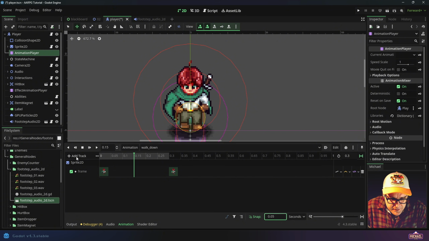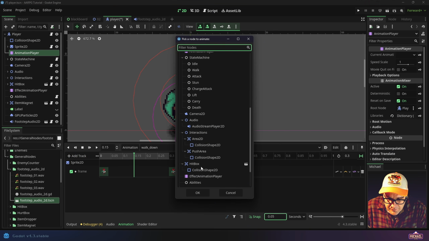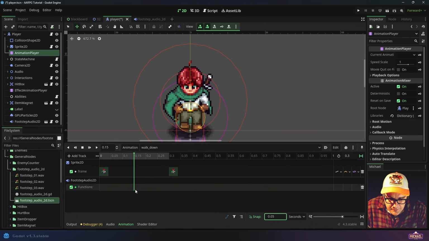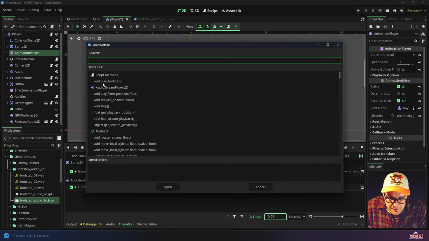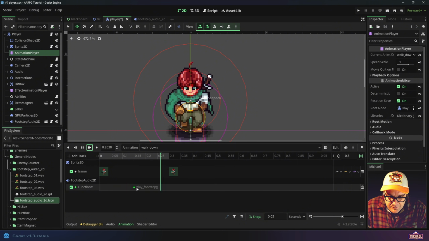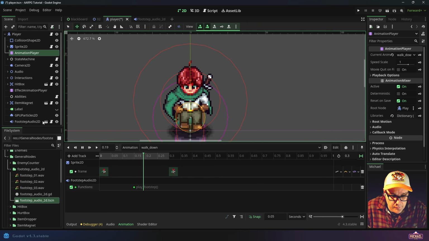So I'm just going to come in here right in the middle. I'm going to add a track, and I'm going to use this call method track and select my footstep audio 2D. And then I can come in here and insert a key. And you can see the script has the play footstep method, and I'll just go ahead and add that. Okay. And now what'll happen is every time this animation is playing, right? Every time it hits that frame right there,